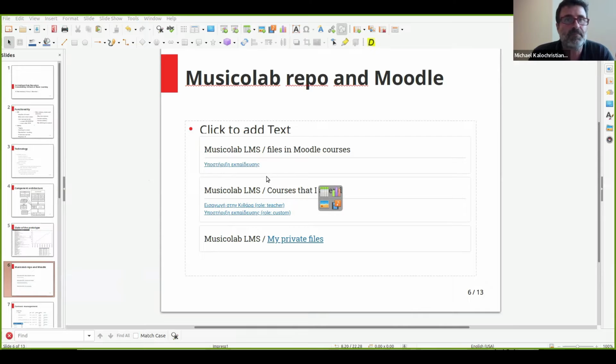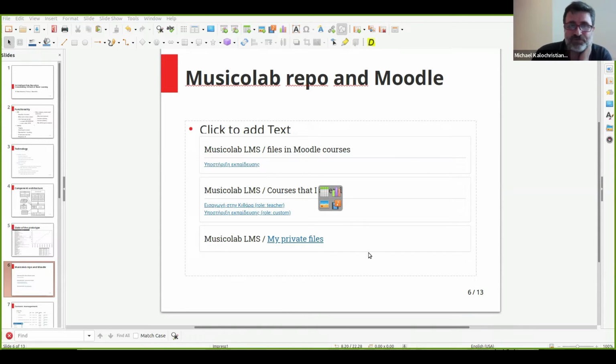So this is it. We log in to this repository. It is responsive. You can see that. That's what Bootstrap does. And we have organized the functionality into the pieces I mentioned before. Let's see, in somewhat of a hurry, what this repository can offer in terms of interaction with Moodle. So this tab